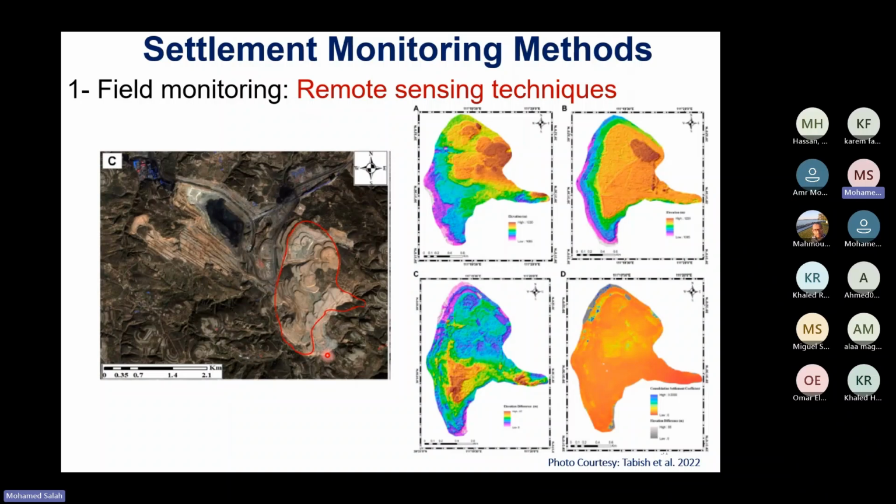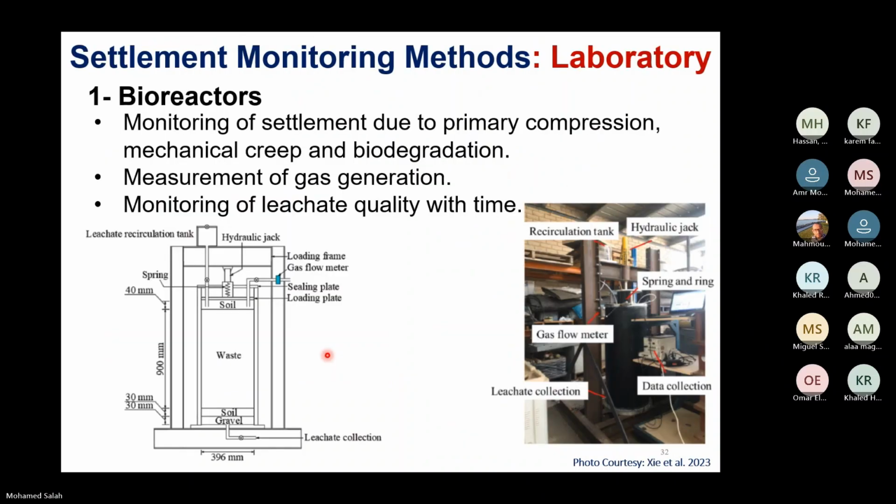And in the case of waste, mostly it won't be easy to access. So this could be used in research or industry, but in research, if you want to also monitor the settlement of the waste,